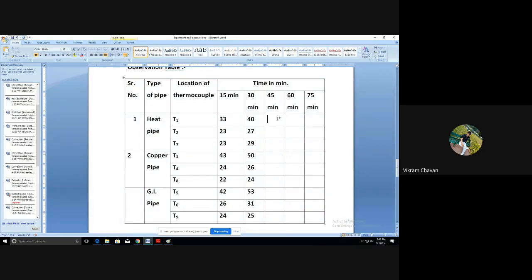Then the third reading after 45 minutes is T1 42,